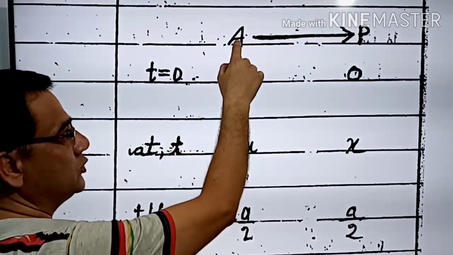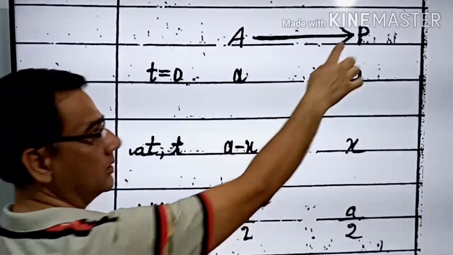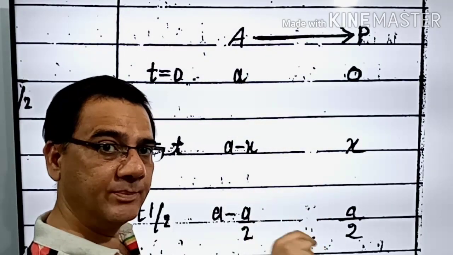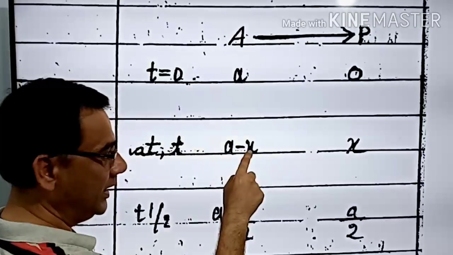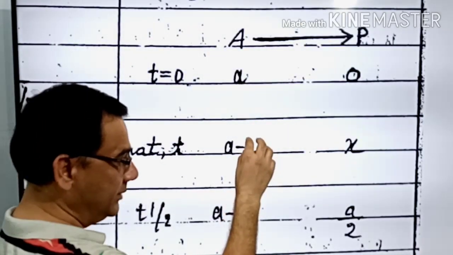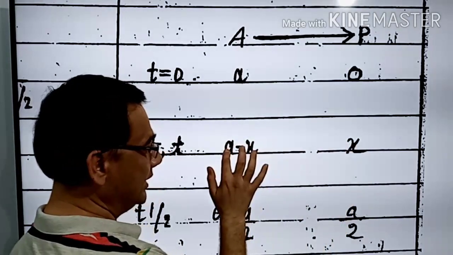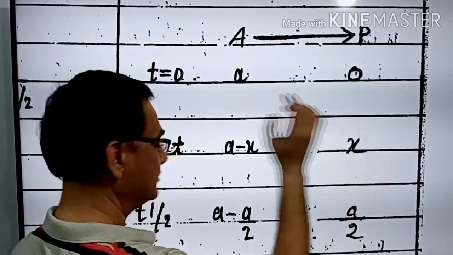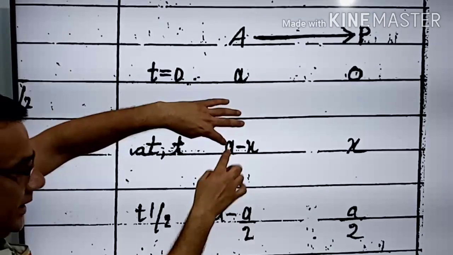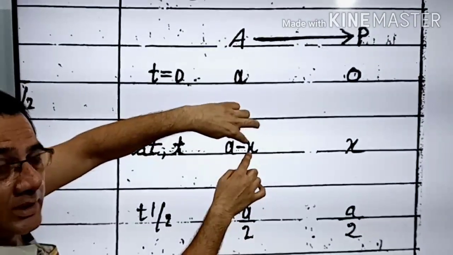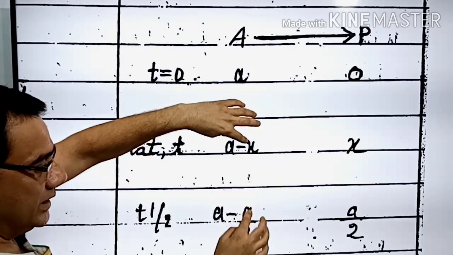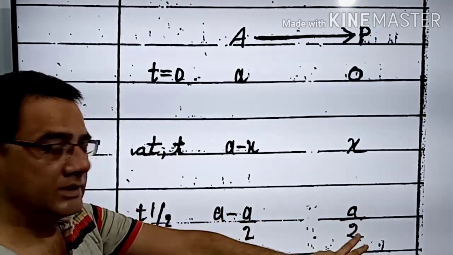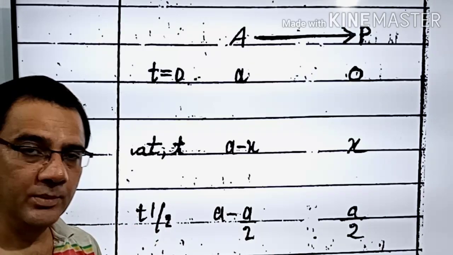तो जो after time t है, जो बचा हुआ पार्ट है, that will be a minus x, और ये क्या है आपका? प्रोडक्ट फॉर्म, and product is always formed from the reacted part of the reactant. A था इनिशियल, x है आपका reacted part, और जो reacted part है उसी से बनता है प्रोडक्ट. तो A है इनिशियल, x है reacted part, तो remaining part हो गया a minus x, और ये आपका हो गया product formation. Exactly t half यहाँ पर क्या होगा? ये जो A है that will remain as it is, लेकिन जो x है reacted part कितना? हाफ. किसका हाफ? इनिशियल का. तो a by 2, तो a minus a by 2, और जो reacted part है उसी से बनता है product, that is a by 2. I hope it is clear to you.